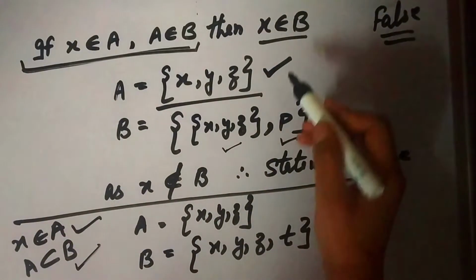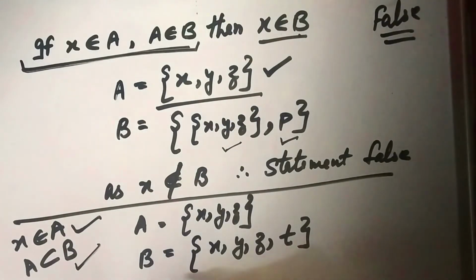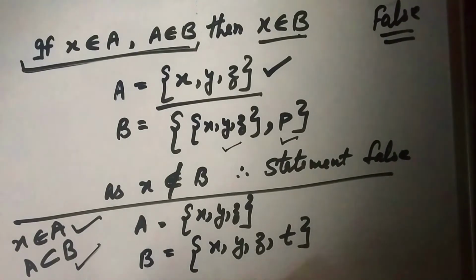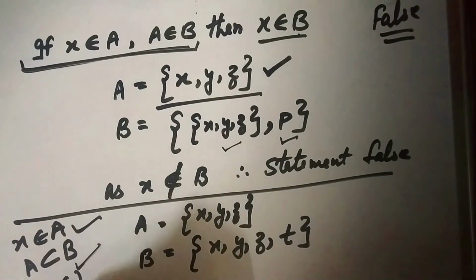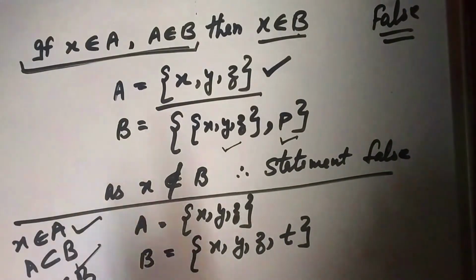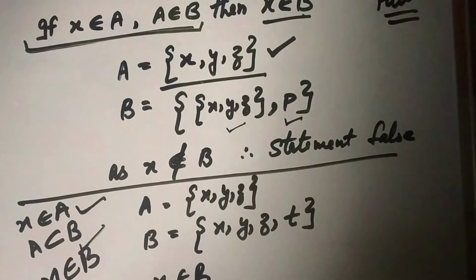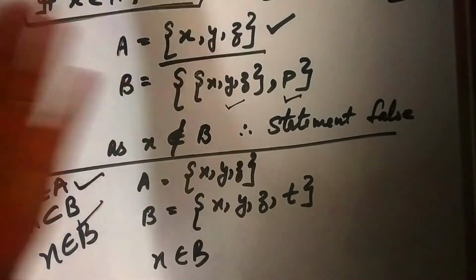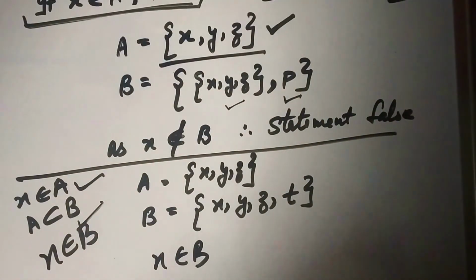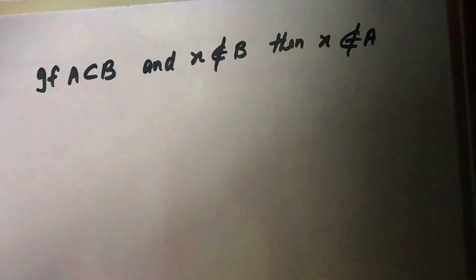So now, does X belong to B? Yes, X belongs to B. In such a case, this would be true. So this is how you just have to play around with the general notations of sets. Okay, we'll discuss one more example. There were 6, then you will be ready to do your work.